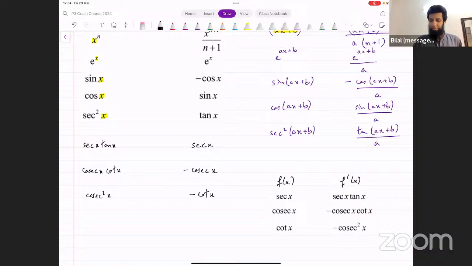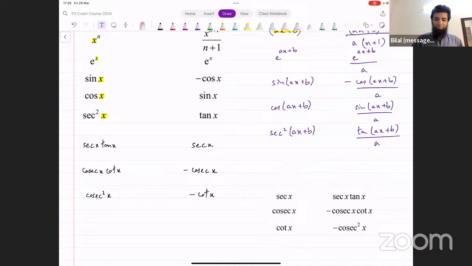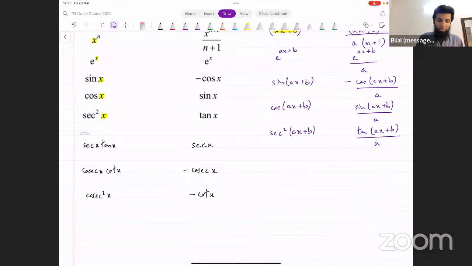All right. These are three rules that are not given on the integration page, but the examiner expects you to know them. They are given in the differentiation sheet. You just have to reverse them. Now, once you reverse them, it also means if you had, for instance,